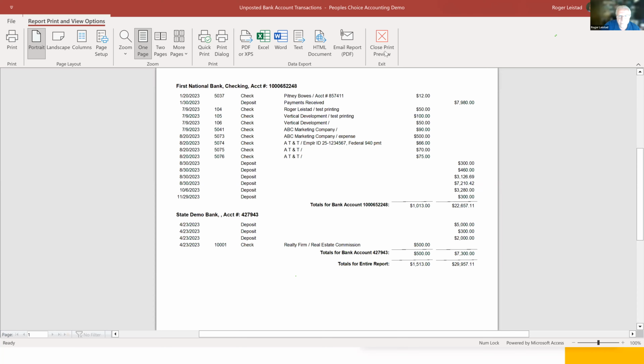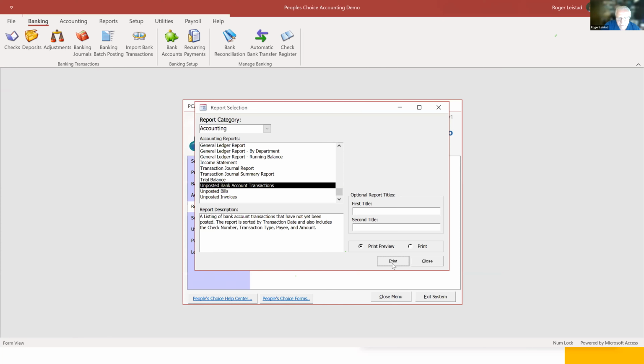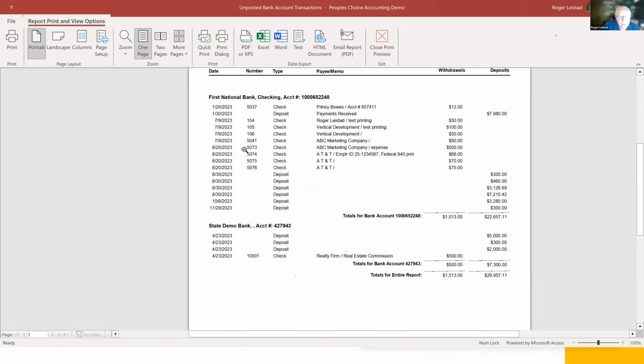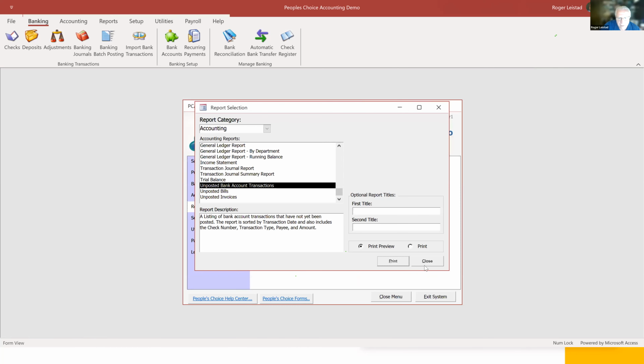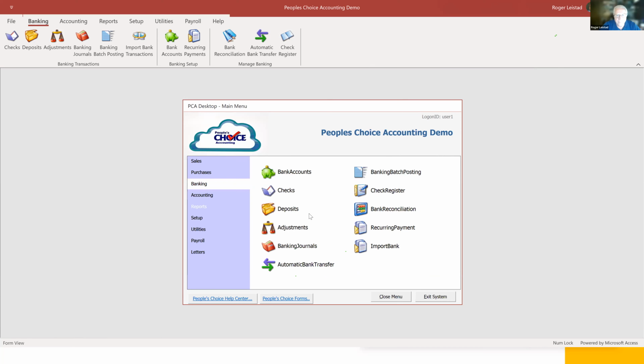And so what we would want to do in this case, let me just see here. Let's just look at that again. So we'll just have these two January ones. We can post these two and close January and still not have done these. The way you would do that, you would go to banking and go to bank batch posting,